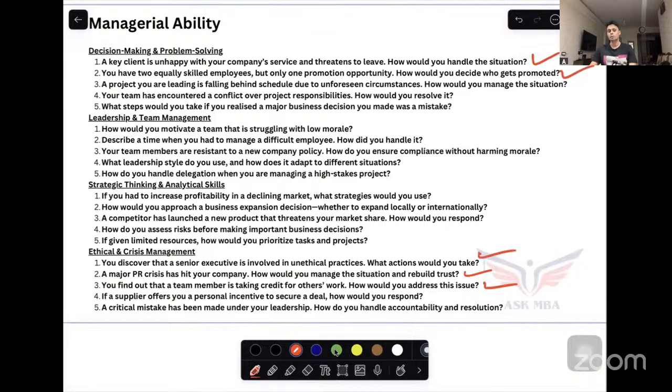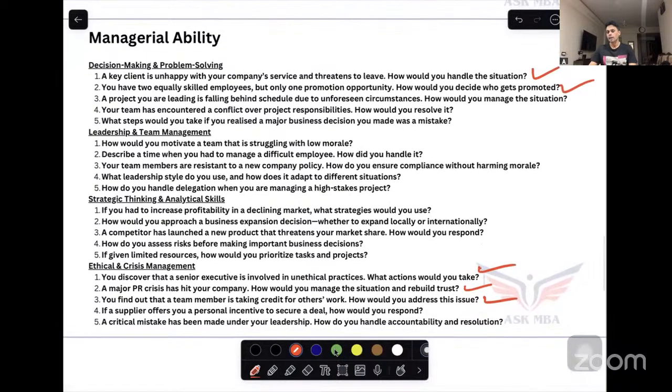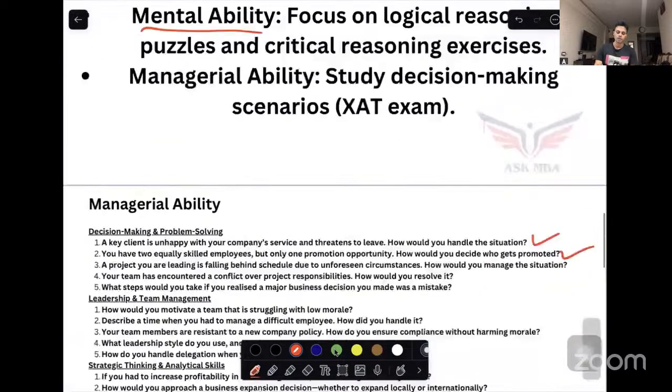So these kind of questions are going to be there, where your ability to handle the pressure, how smart a leader or a manager you are, is tested. I hope one question from these might come, and you can say, yes, I have got to know this from Ask MBA. It was mentioned there on that YouTube channel. So, guys, options are not given, but then you can imagine what you would be doing. From the options, it becomes quite easy for you to understand what is going to be the answer.